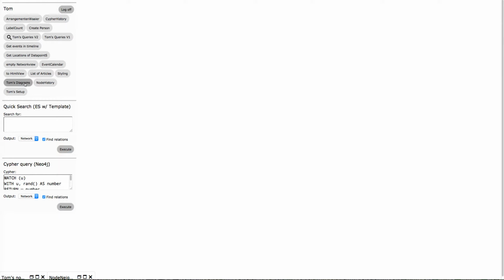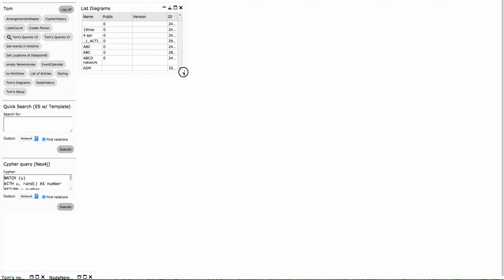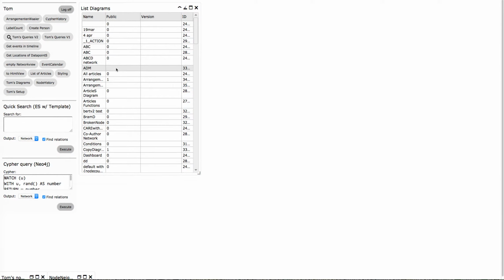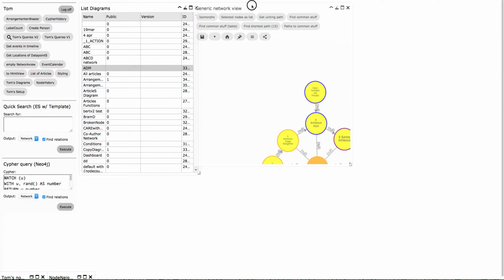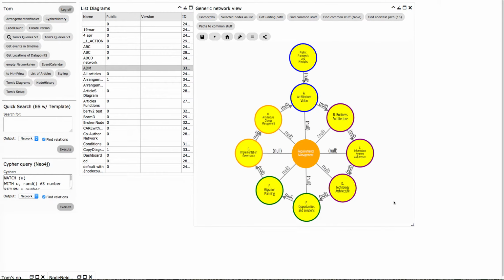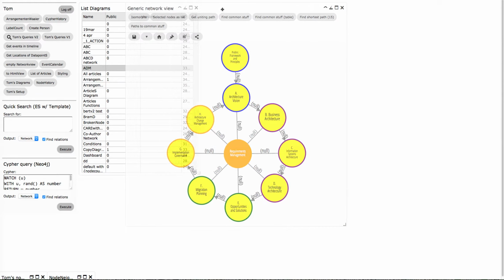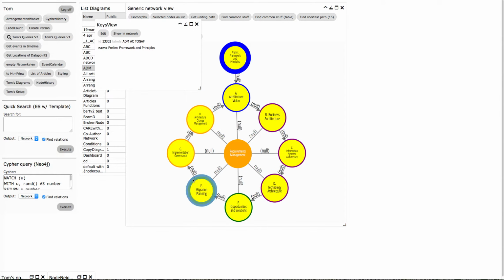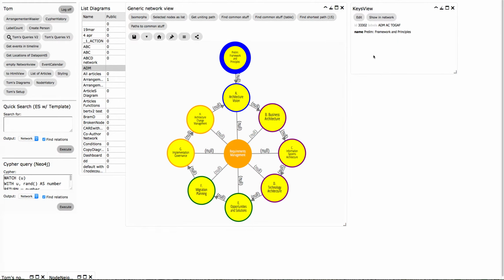To show you an example of a diagram, I have my diagram list over here, and here I have a TOGAF ADM model. For those who know TOGAF ADM, it must be familiar. Please disregard the null thing. There should have been nothing there, but for one reason or another, I can't remove them. If you click on each node, you'll get the details over here in this used view